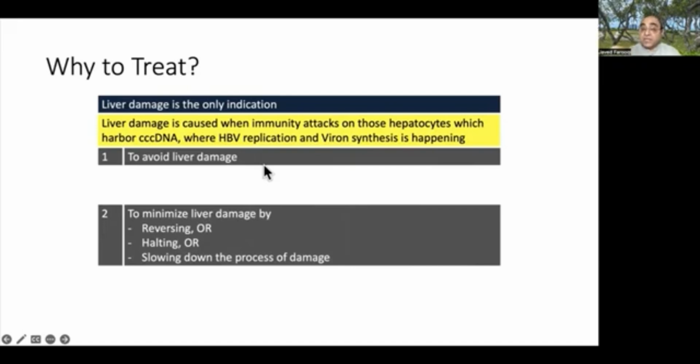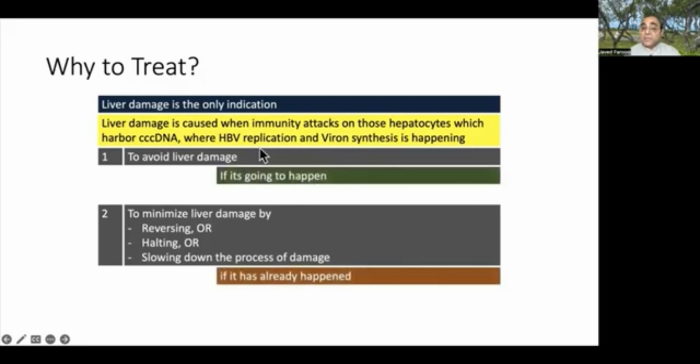The liver should not get damaged. Second, if the liver is damaged, either reverse that damage or halt that damage, no further damage, or slow down the process of damage. Or if you cannot reverse, cannot halt, you should slow down the process of the damage. So these are the two indications why to treat these patients: to avoid liver damage, if it is going to happen. It has not happened, but it is going to happen, or to minimize liver damage if it has already happened. So what are these